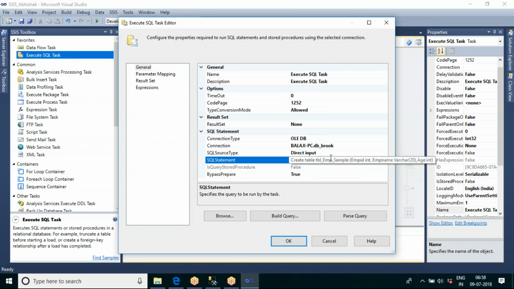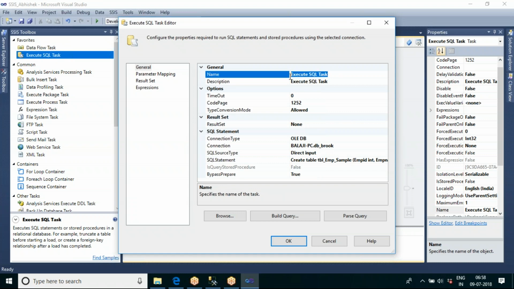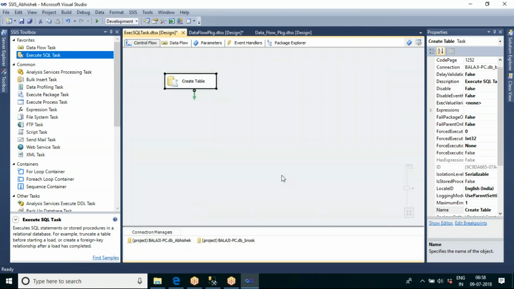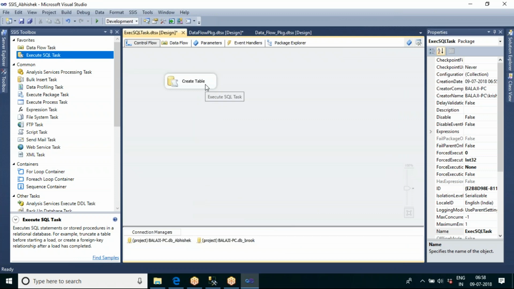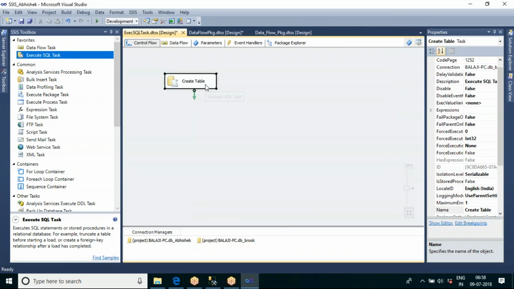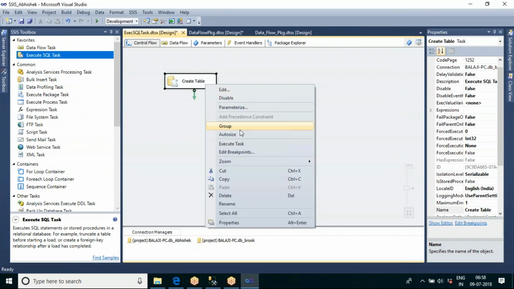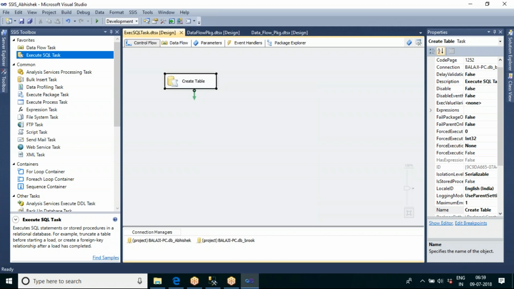So I'm creating a query. Okay, I'm creating a create table command and create table task. Let me click on this. Okay, what it will do, it will just go and create a table in that particular dbgroup database. If I go and execute this,